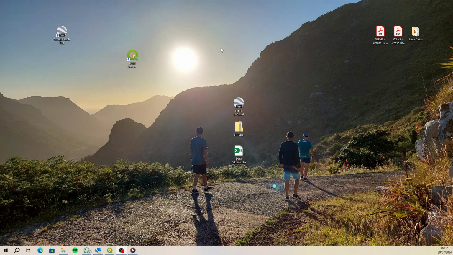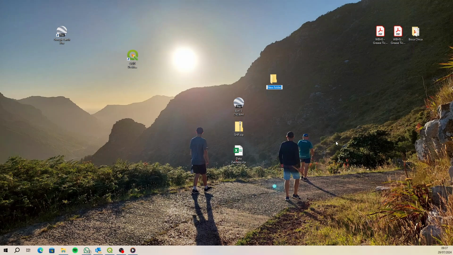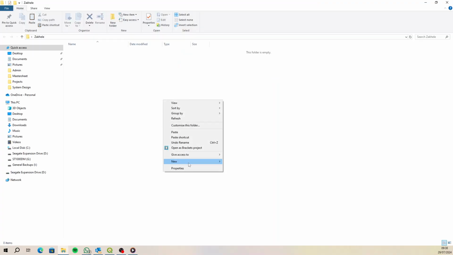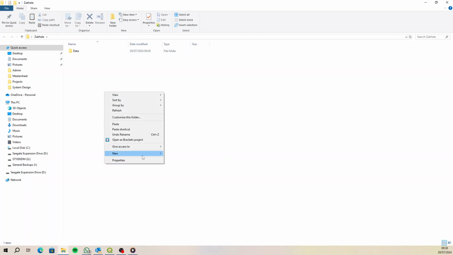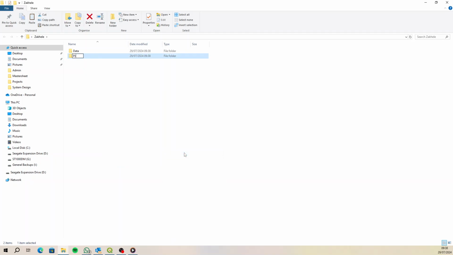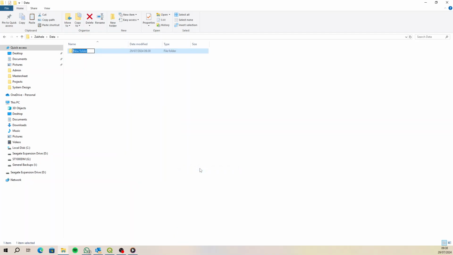So in order to manage your data better, it's preferable to have one single place to store everything. So let's go and create a folder, and we'll call it Zakhele. And then in this Zakhele folder, I'm going to just go and create a folder for data, and then projects, and then inside data I'm going to go tables